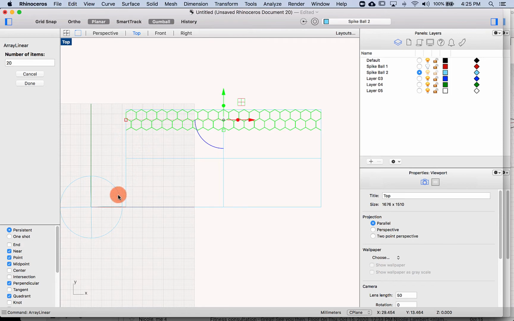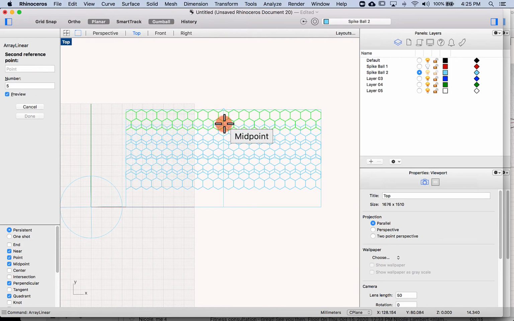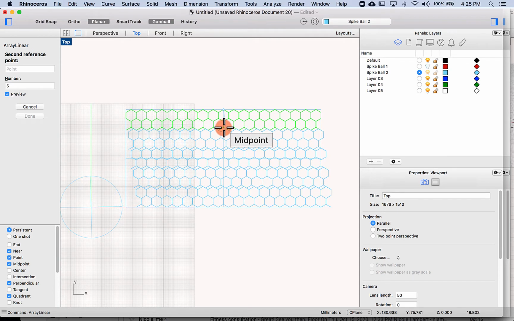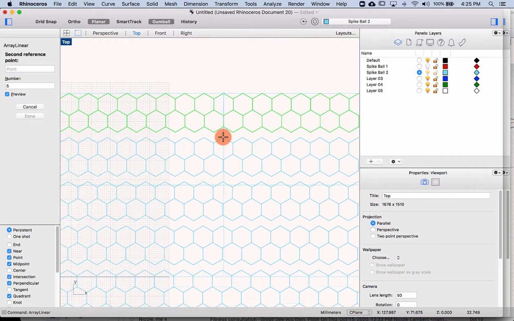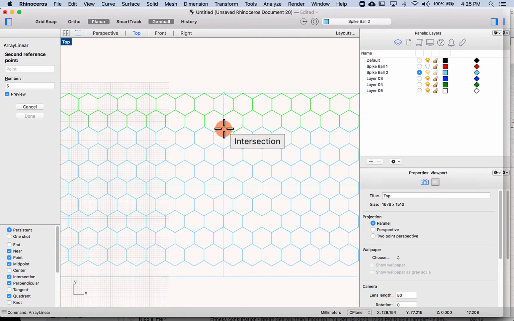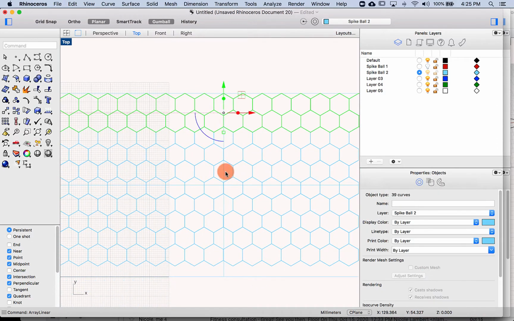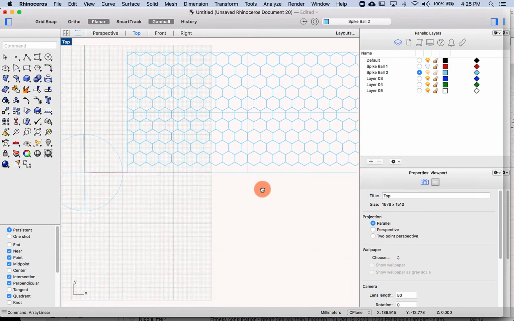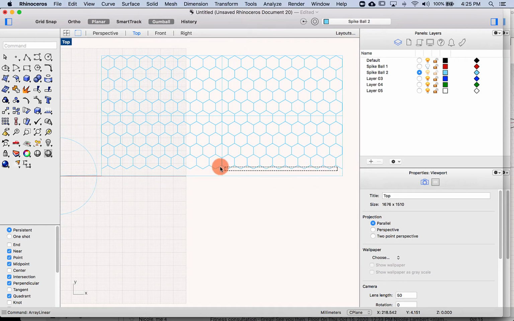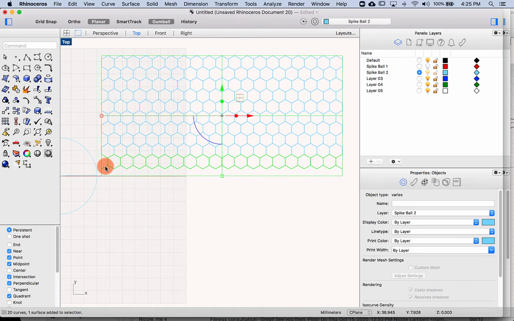1, 2, 3, 4, probably about 5. My first reference point is the midpoint there, and we're going to need intersection here. Intersection. Great, and it looks like we'll need one more layer. These guys, not that one, and let's just do,